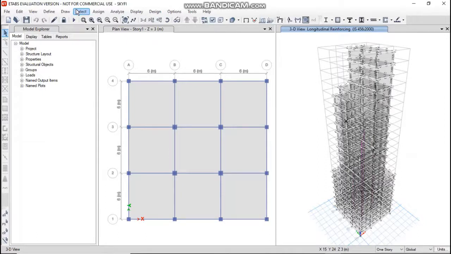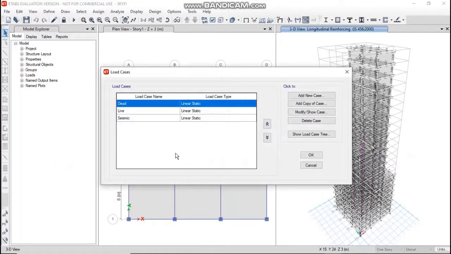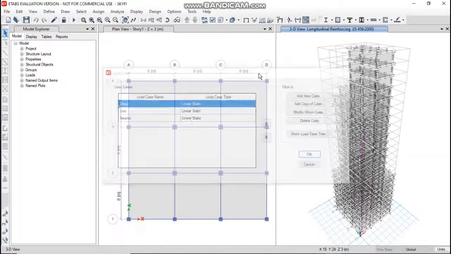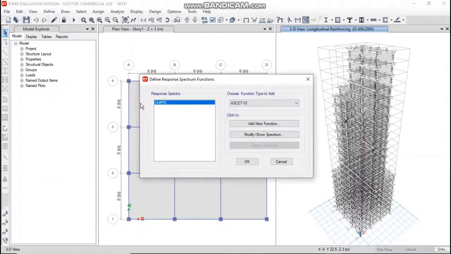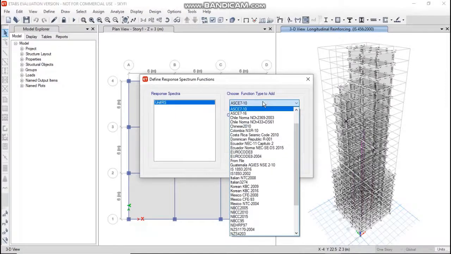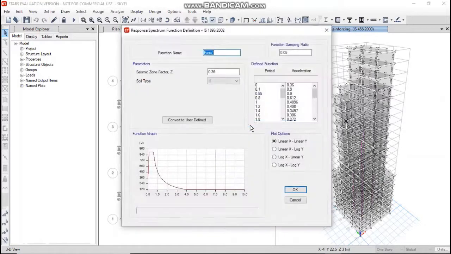As we have already assigned the seismic load, to check that just go to Load Cases and see that the seismic load is present. Now go to Define, Functions, Response Spectrum. Here choose the function type as IS 1893-2000 and click on Add New Function.